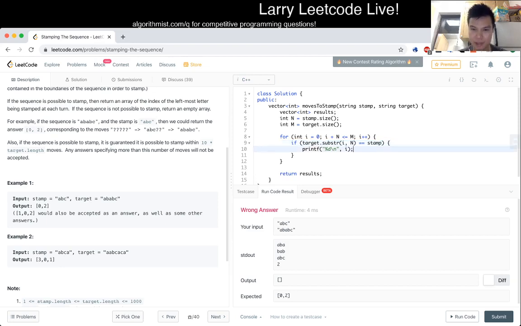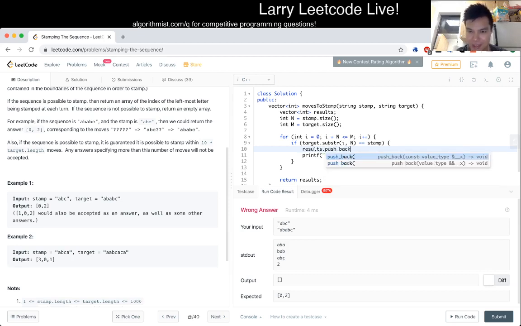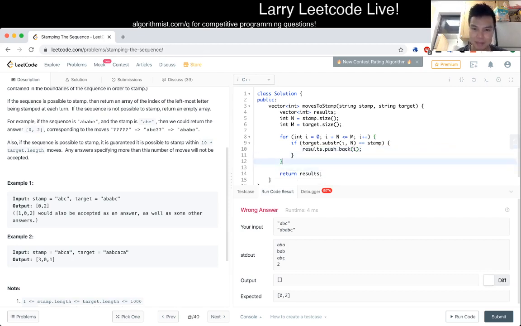So then now, if that's the case, we do want to stamp it here. Okay. I'm trying to figure... Okay, I don't like autocomplete. Okay. What's a good way of programming this? But now from that, we want to stamp